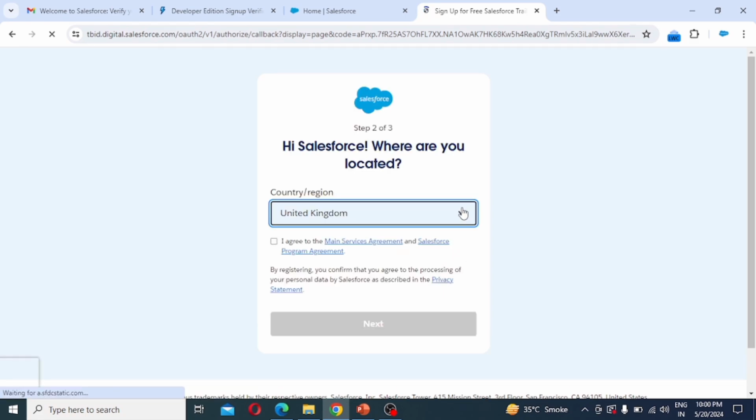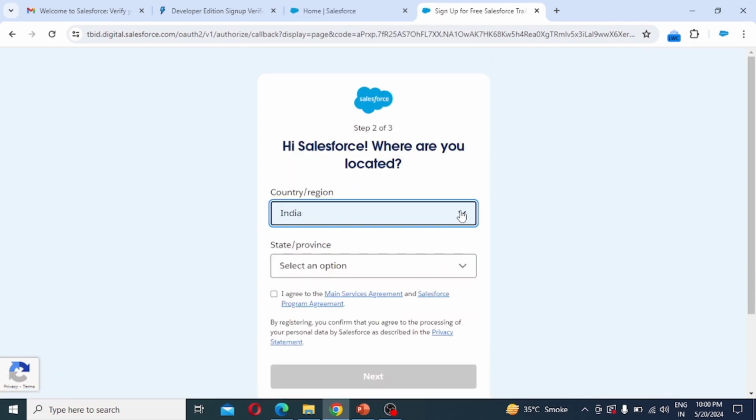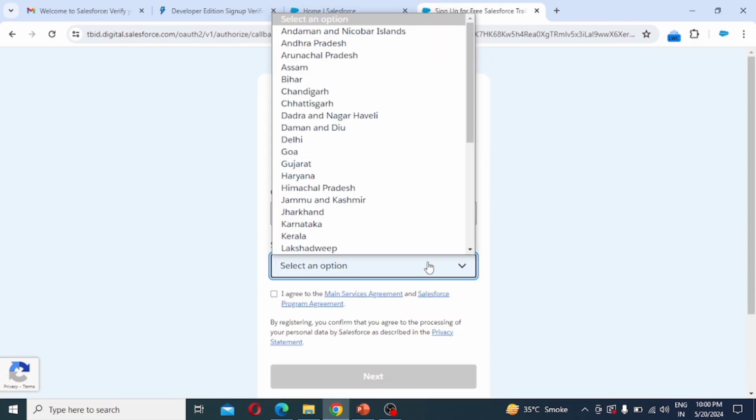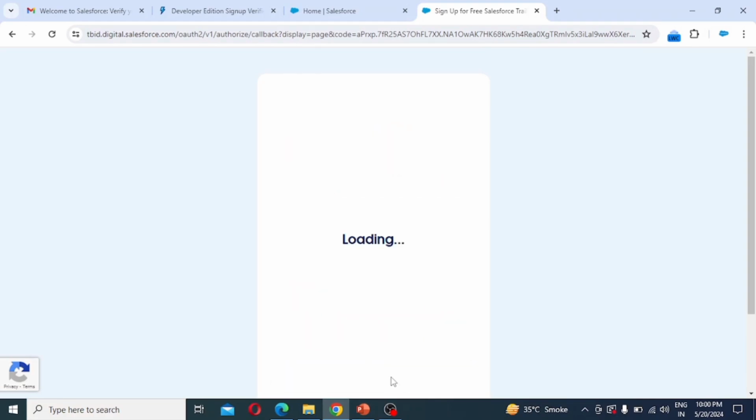So the first time it is asking for the country. Select the country, select the state, and click on I agree to the main agreement and Salesforce program agreement. Click on next.